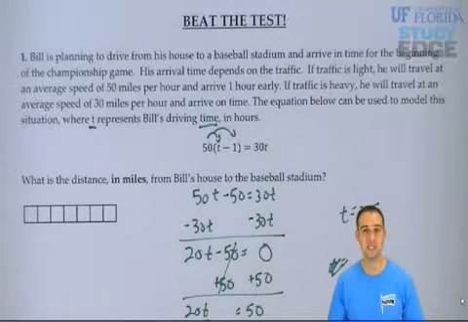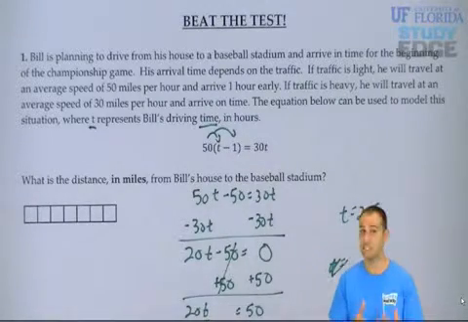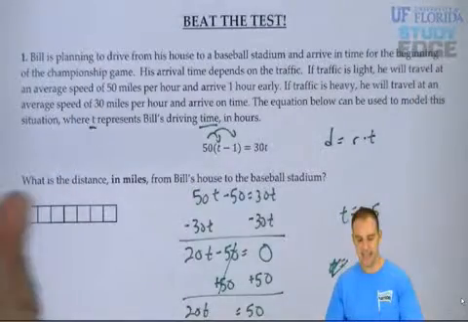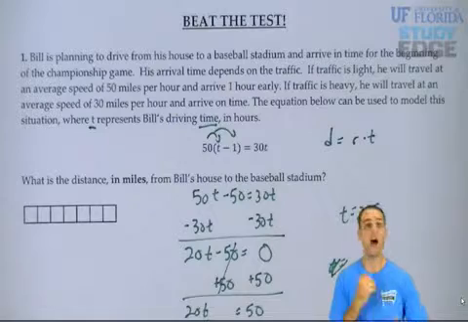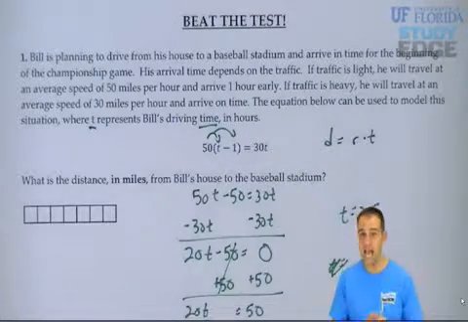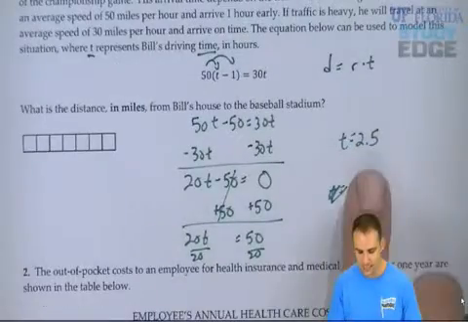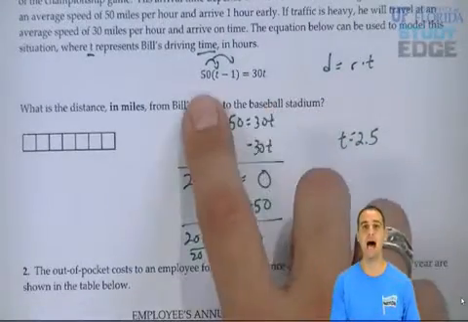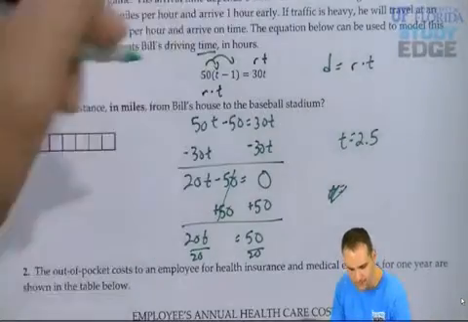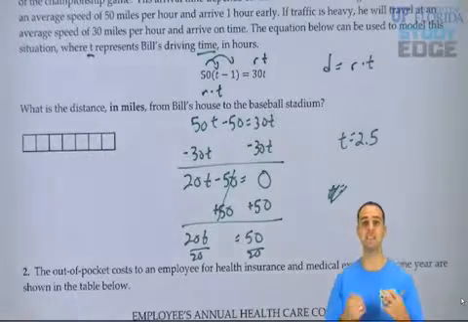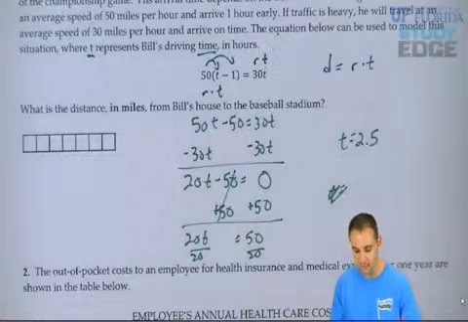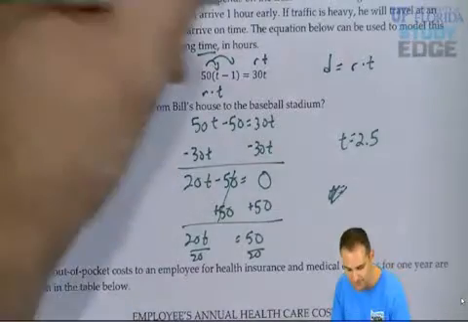So what you have to realize here is this is actually a rate times time equals distance problem. Rate times time equals distance, and they gave you the distance on each side. Again, you'd have to see a problem like this to actually anticipate it on a test. So in this case, I would take time as 2.5 and plug it into either side, because 30 is a rate times time, 50 is a rate times time, so each side is giving me distance. If I plug in 30 times 2.5,